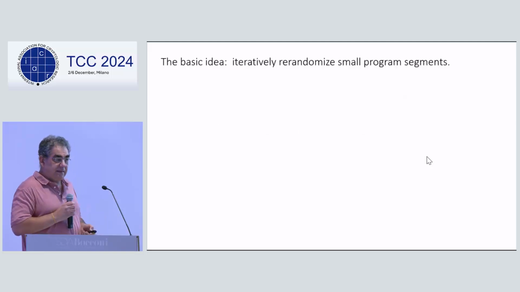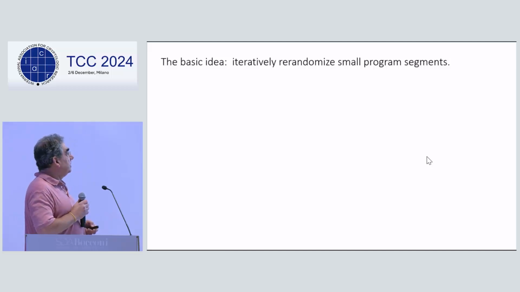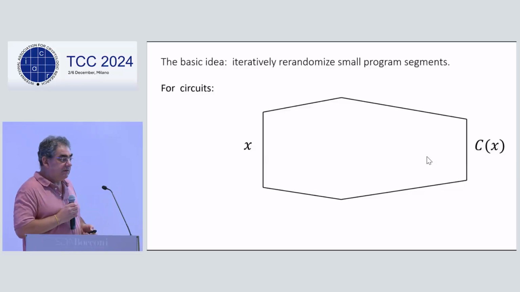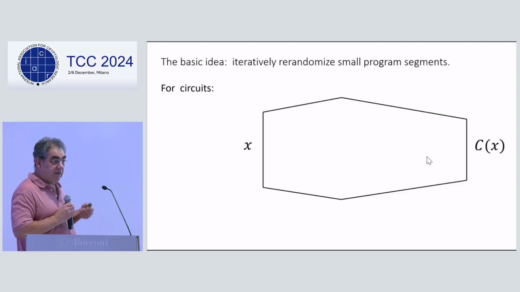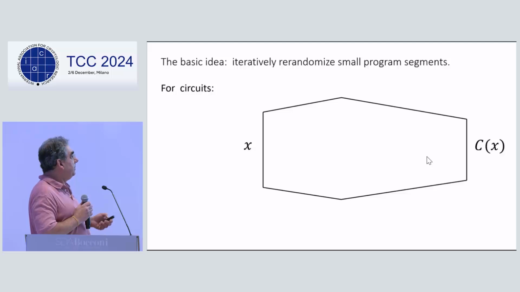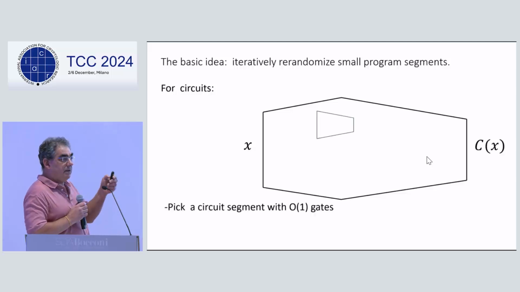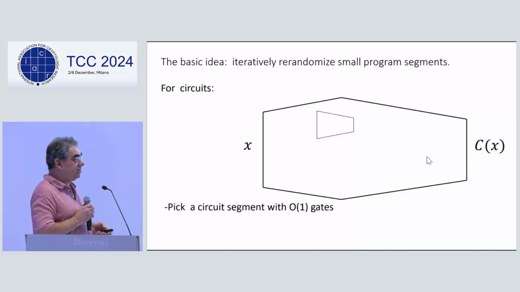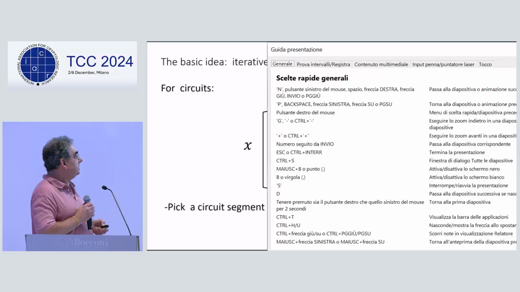So what is the basic idea? It's as simple as it gets. We have a circuit, right? And we want to obfuscate or re-randomize it. So why not just do it in small steps? Let's pick a small constant-sized contiguous segment of this circuit. Write down its truth table. It's exponential in size, but never mind, it's constant. We're going to choose a random other implementation of that same truth table. Maybe it's doubly exponential, but still constant. And we're going to write it down instead. We're going to replace